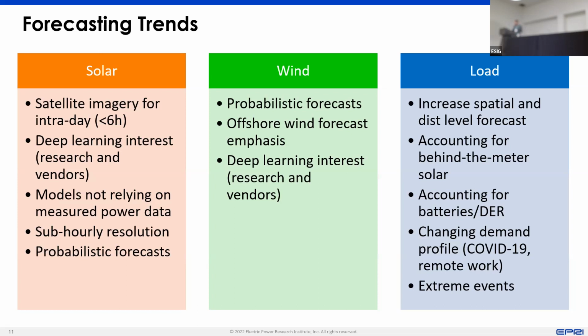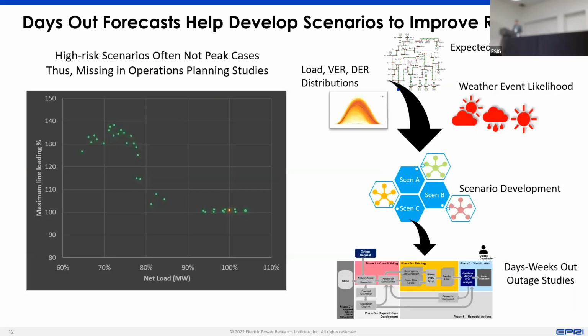So being able to forecast all of those types of issues becomes important. The other big trend we've seen is more interest in days-ahead and weeks-ahead forecasts. We're seeing this for maintenance scheduling. It's becoming increasingly challenging to actually schedule maintenance on generation. Typically, you do that in the April, May shoulder months, which got pretty tight this year in some parts of